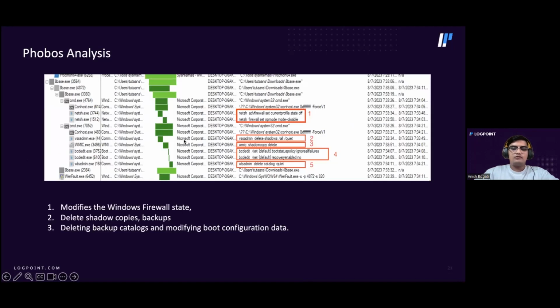Besides the above-shown under-the-hood activities performed using API calls, some processes are spawned to perform certain activities. It is done side by side with the encryption process. All the binaries executed are Windows internal binaries, so the adversary didn't have to download any others. First, they disable Windows Defender using net stop. The procedure can be seen here, and after that, they delete shadow copies using vssadmin and WMIC. After that, the boot configuration data is modified to prevent the auto recovery function of Windows and to ignore all failures or issues during the boot process. And after that, backup catalogs are deleted using wbadmin.